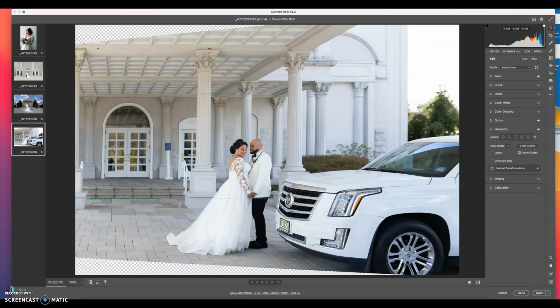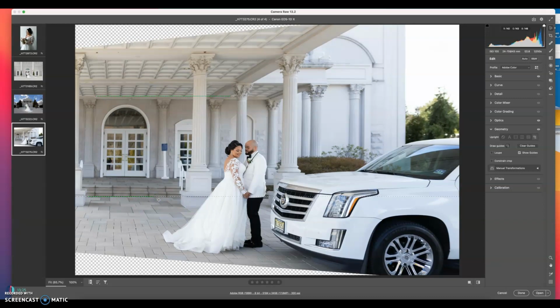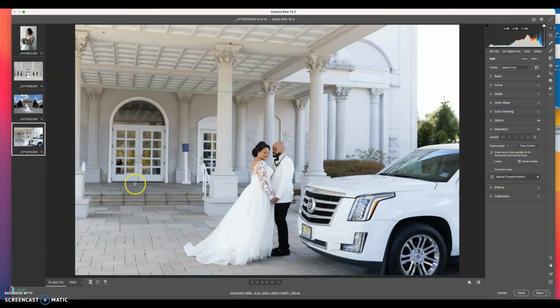And that will change. I actually modify a lot the picture, so you gotta be careful. Sometimes you need to fine tune between these two things. Okay, so that actually it's not working for me. So what I'm going to do is I'm going to look for another line that's straight. So this pillar and this pillar should be